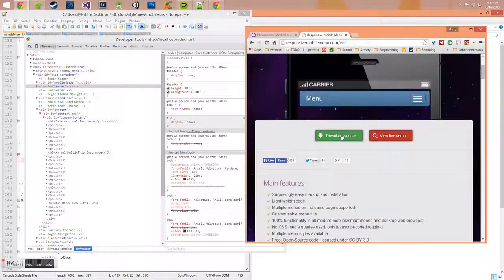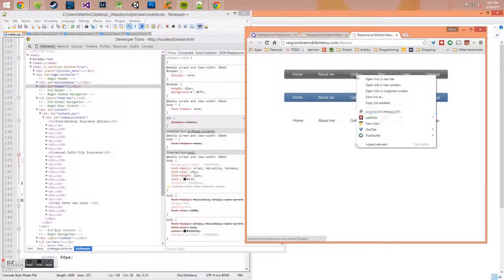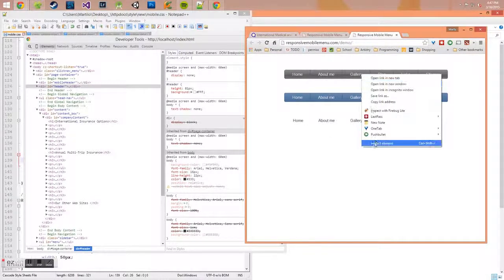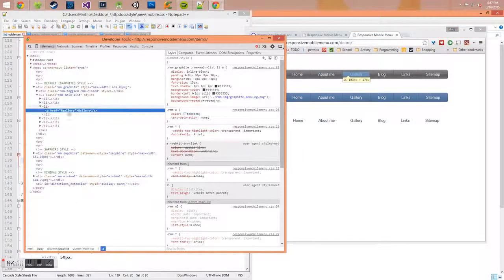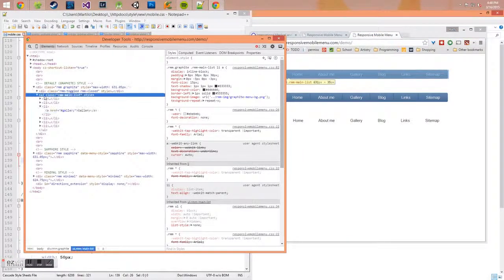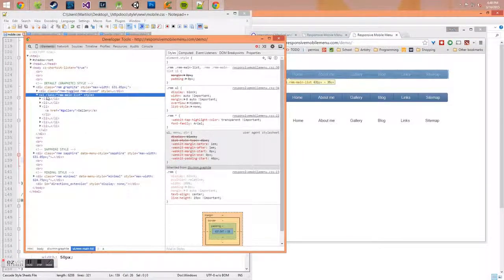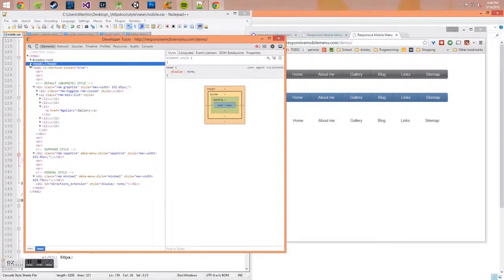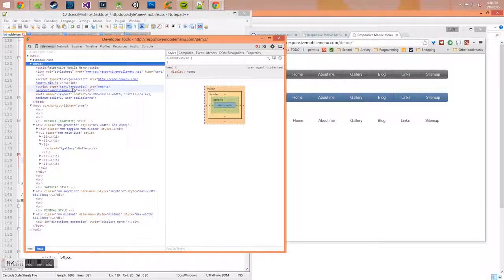And then you're just going to start finding things like, here's responsive mobile menu. Let's see if this is any good. Check out a live demo. Sure, okay, so that's what it looks like when it's big, and then, hey, look, it gets all responsive and small for me. Nice. So I want that in my project. I'm just going to download the source, and then you're going to have to look at the source, look at the demo here again, and say,